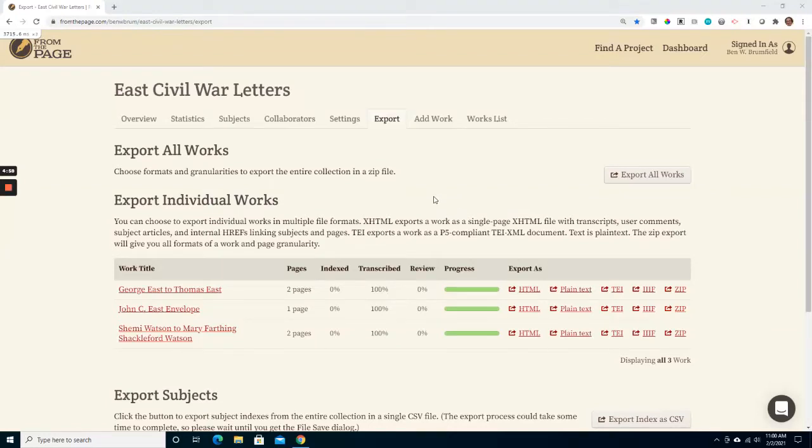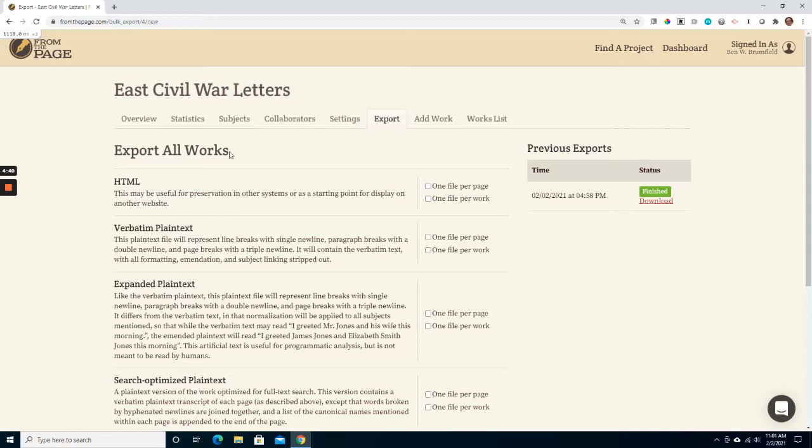So we wanted to show our new bulk export feature today. If you go to the Export tab on your collection, you will see, like you've always seen, this Export All Works, and it has this link to an Export All Works. Unlike previously when we just exported a zip file of everything, you now have the opportunity to configure what you